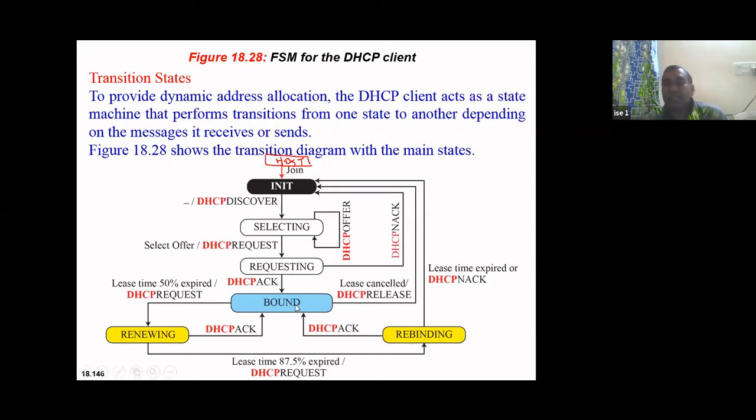The lease is cancelled, meaning the server has every right to cancel the lease. Though the offer time is 3600 units, it may cancel it early also. Once it has cancelled the lease, it may send a DHCP release, which is nothing but disconnection from server to host.